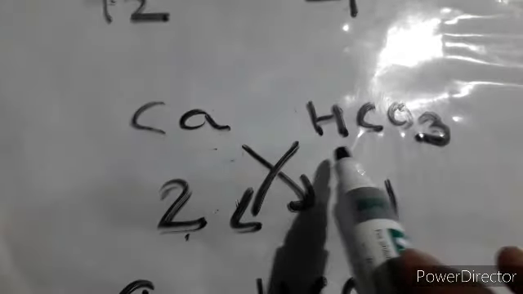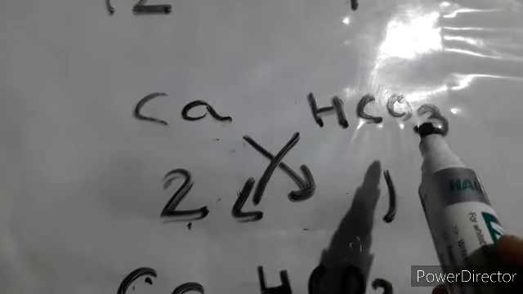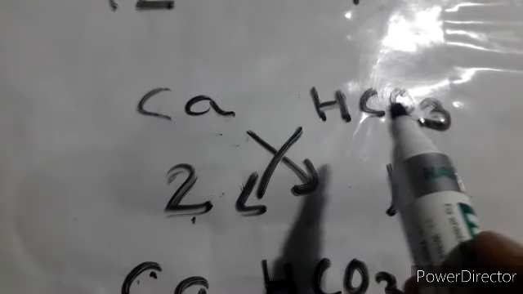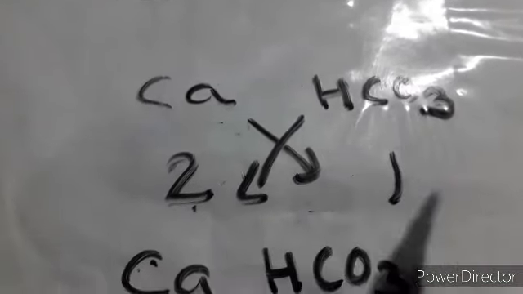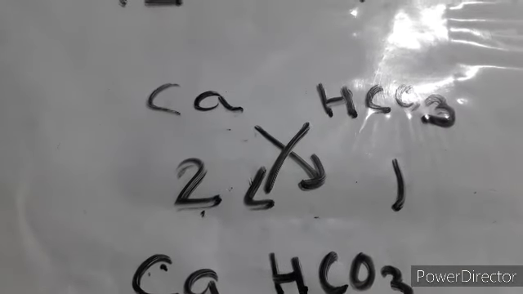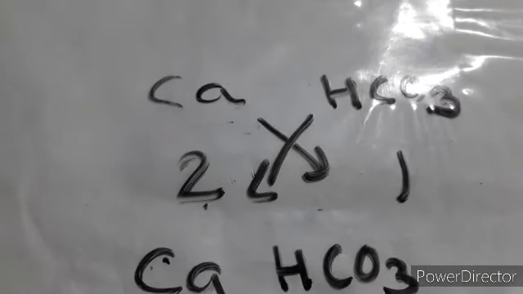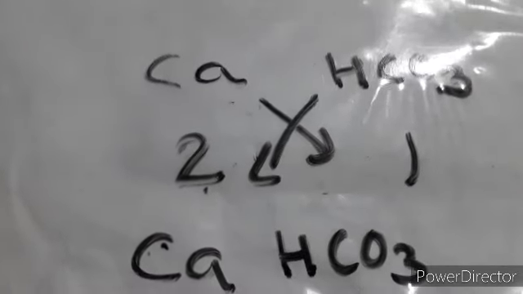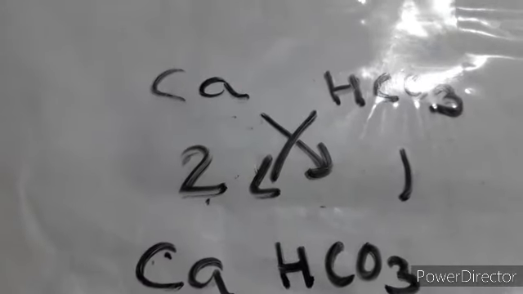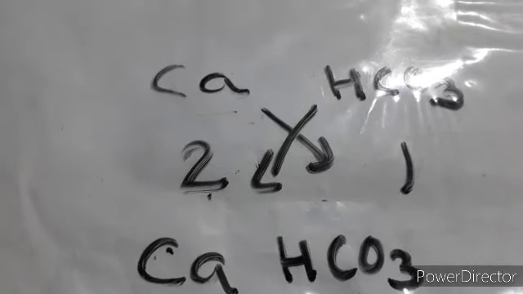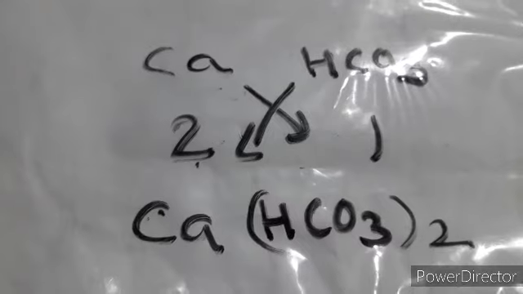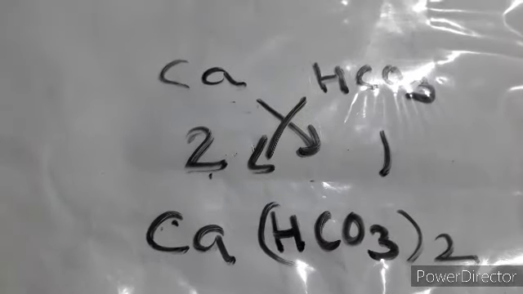Now again I am telling you, this is the radical, and it consists of a group of atoms of elements. Hydrogen is there, carbon is there, oxygen is there. Over here we are getting 3 elements. Initially we were focusing on radicals with two particular elements, but now over here we have 3 different elements: hydrogen, carbon and oxygen. So let's focus on it, and we are putting 2 over here, right? So this way you get the formula.